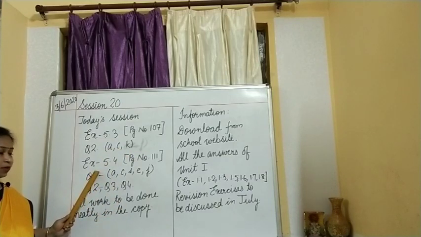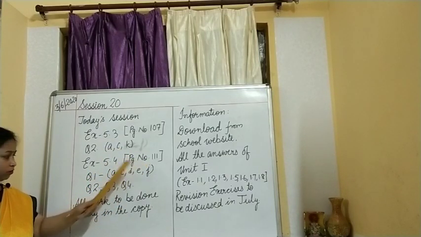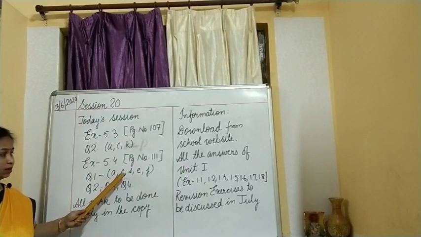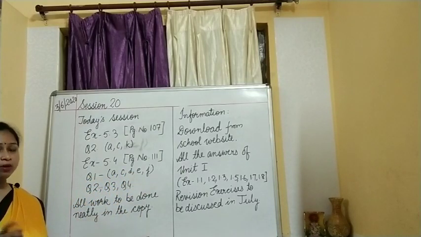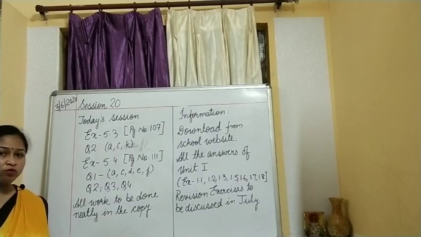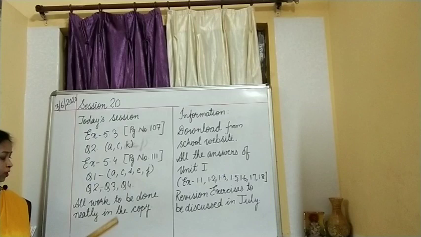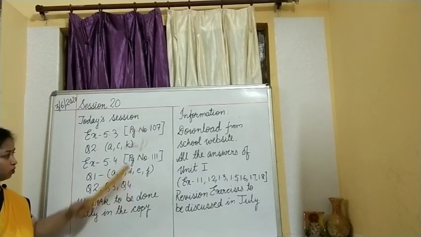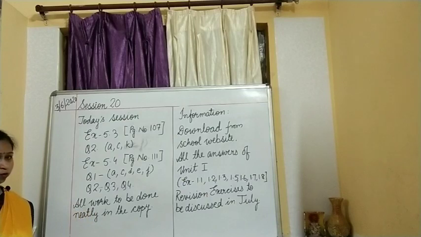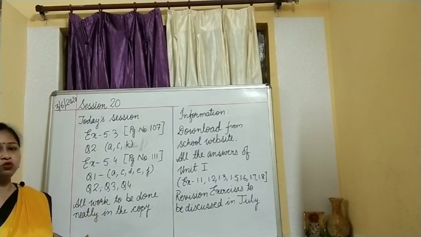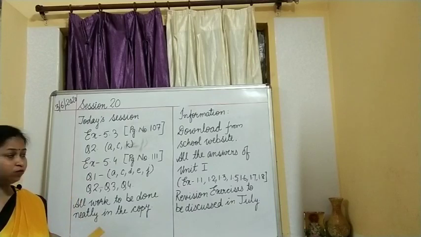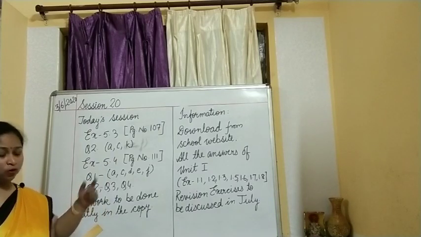Okay. Then exercise 5.4, page number 111. Question number 1, A, C, D, E, J, where we have learned how to find out HCF by prime factorization method, and the other one was ladder division method. Okay, then we completed question number 2, question number 3 and question number 4. All these work, where are you going to do it? You will be doing neatly in your classwork copy, that is mathematics copy. Okay, so you find no homework over here. I know children, these things are very much new to you, that is why I am not giving you any homework for today's session.